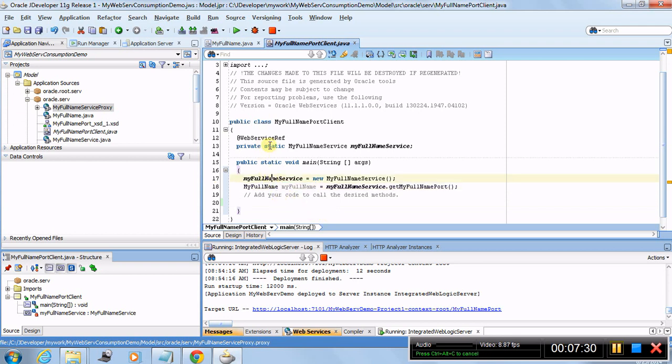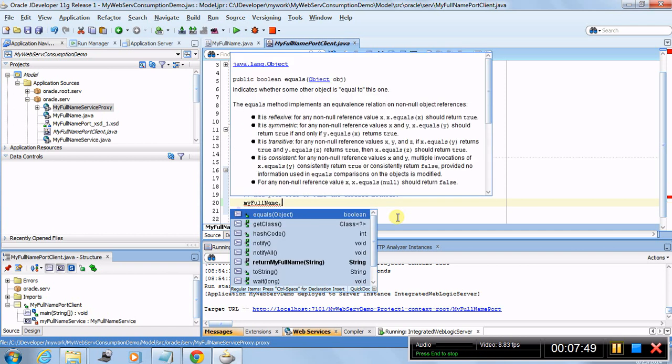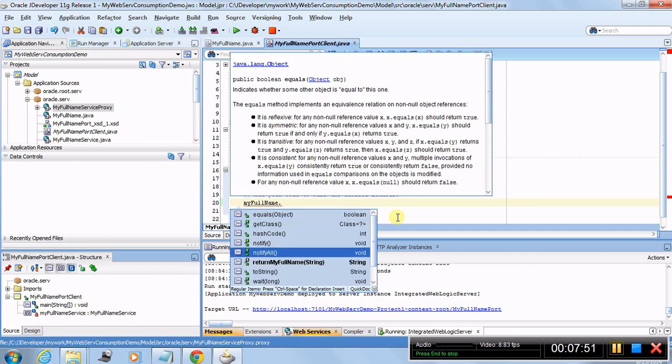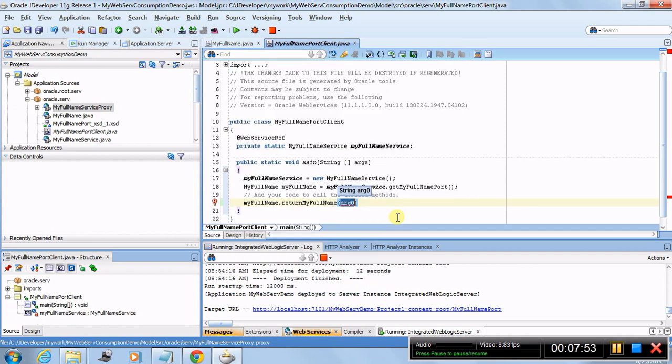So it has an instance static variable over here, my full name service, and with the full name service, my full name service has been instantiated over here, and then it says my full name is equal to this. So I can call any method actually from here, dot. Okay, so here you see my full name, what we wrote is here. So right now I'm just gonna